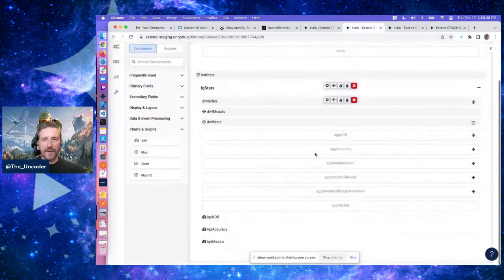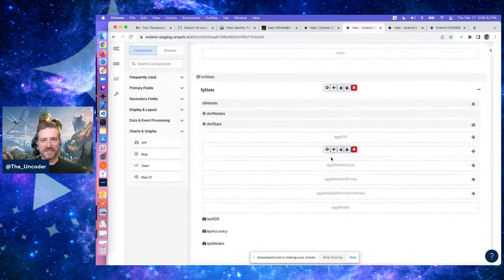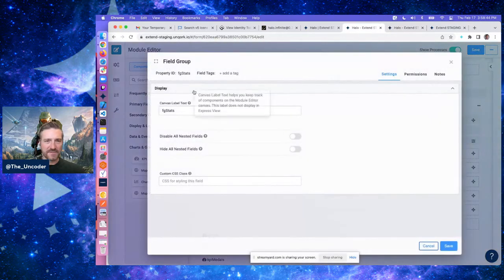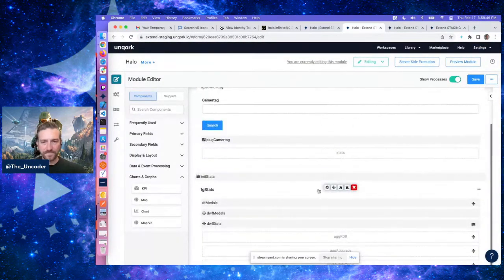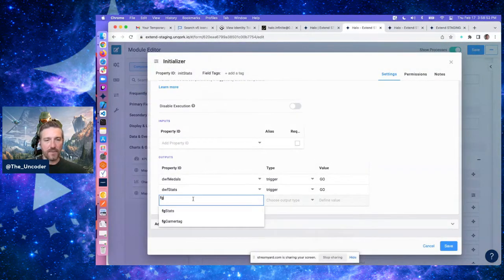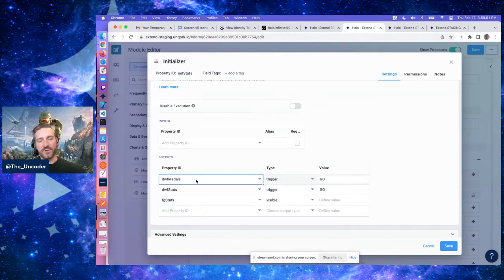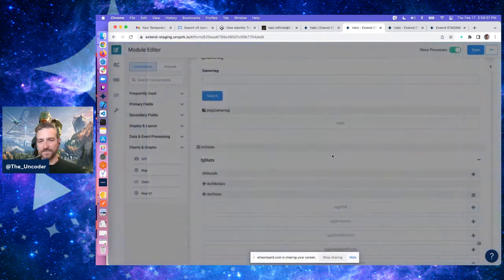And let's do it. Now, one thing I didn't like, though, is before I actually had data, it all just showed as these dashes. So what I'm going to do is hide this field group, okay? And then I'm going to show it when the data is ready to go. So after I've done all the aggregation, this initializer is going to process down the line, right? It's going to do my metals, and it's going to do my stats, and then I'm going to say, hey, let's make this FG stats